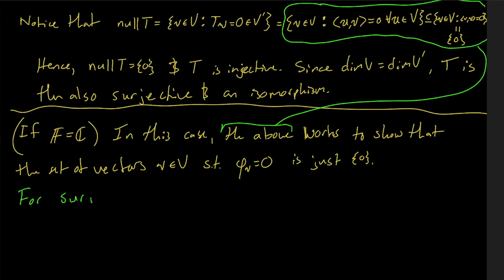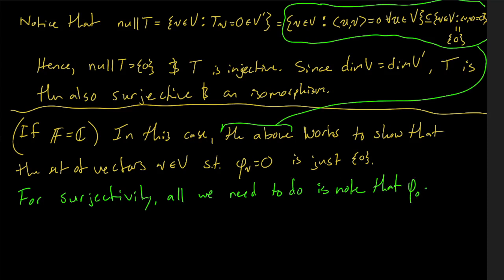For surjectivity, all we need to do is note that phi of the 0 vector is the 0 functional,